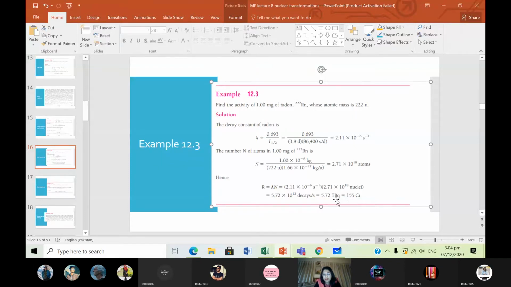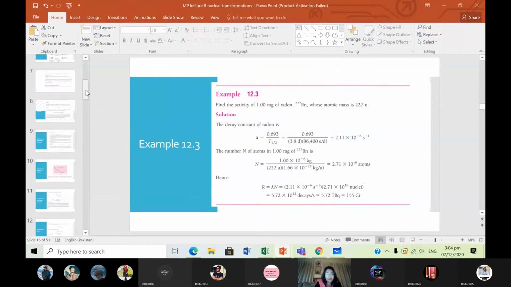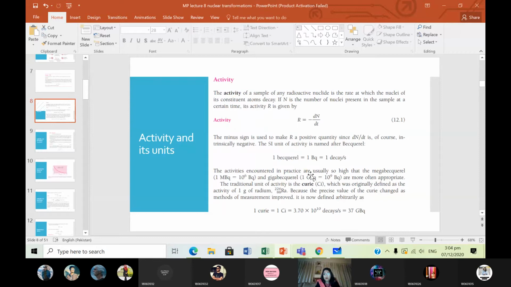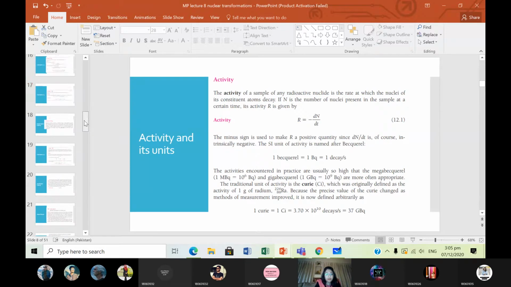Okay? And in terms of becquerel and the Curie units, we already mentioned those units before. Okay? 1 becquerel is 1 decay per second, and 1 Curie is 3.7 times 10 to the 10 decays per second. 1 Curie is 37 gigabecquerel. So in terms of those units,